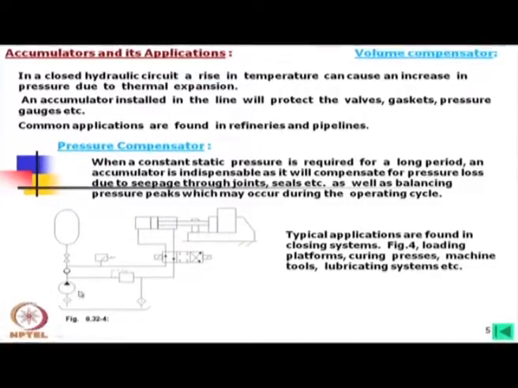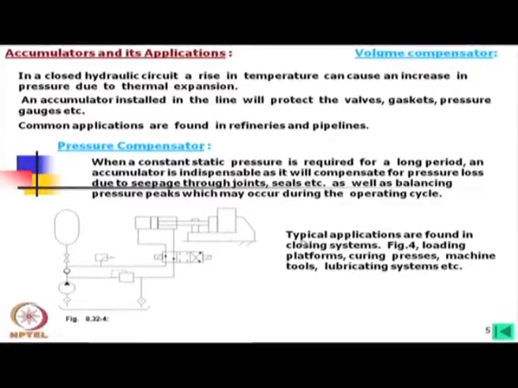This is a pump with a non-return valve and there is a direct relief valve here. It is after the pump and then the non-return valve, this is the accumulator, and with this there perhaps is another relief valve, and then oil is going like this